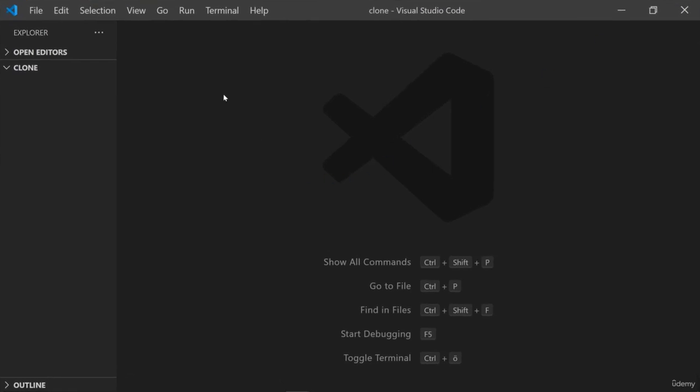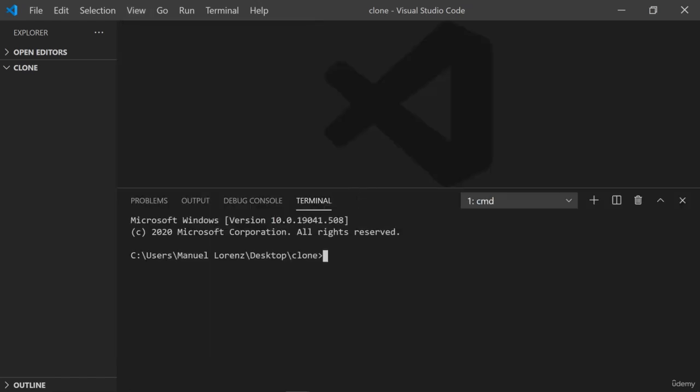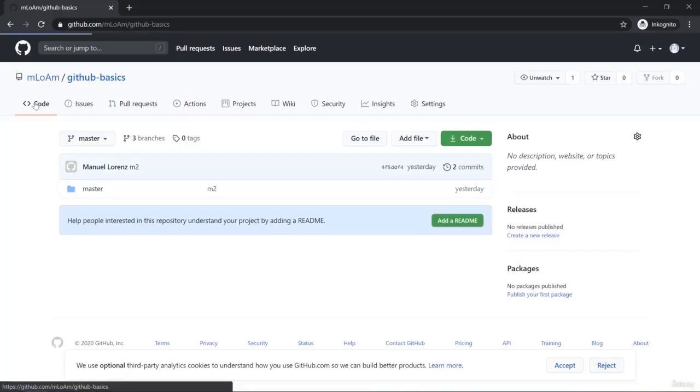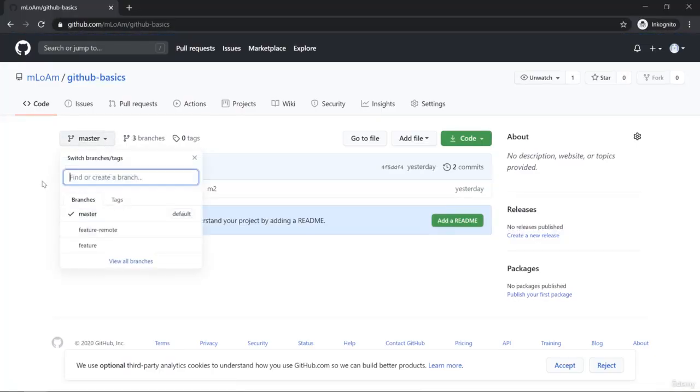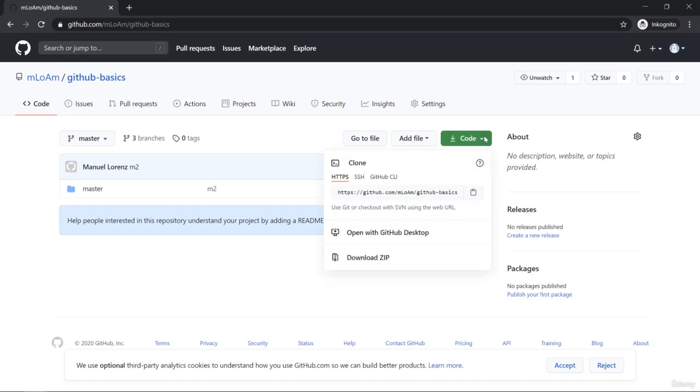We don't have to do anything else, besides bringing up our good old panel again maybe, because now if we switch back to our GitHub repository, so I'm here on code, and here you have the master branch and all the other branches. I'm currently in this master branch, and in here you now have this code button. If you click onto it, you can find this clone option up here and a URL. If we copy this by clicking onto this button and go back to our VS Code instance,